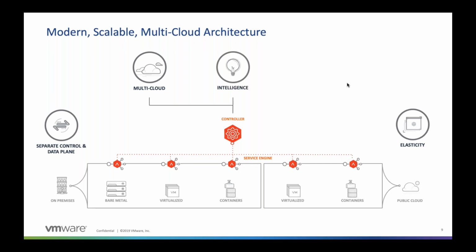Second, the intelligence. The controller has built-in telemetry that is gathered from all these service engines and brought to the controller, and it has lots of algorithms built in that will show you what's going on in the system. When we talk about analytics-driven web application security today, that is exactly what we need. We need as much information about the traffic, about the attacks, and about normal application behavior to actually secure the application better than before. And lastly, we're talking about automation here.